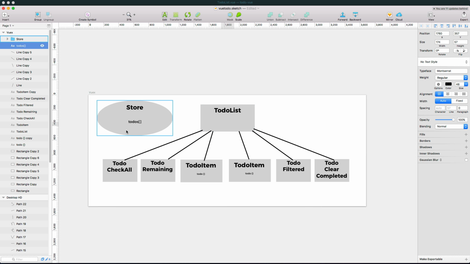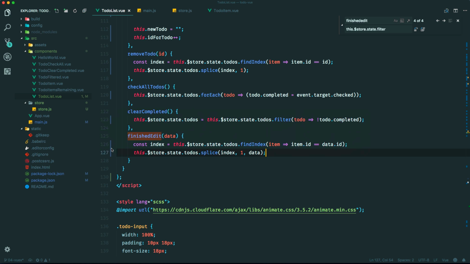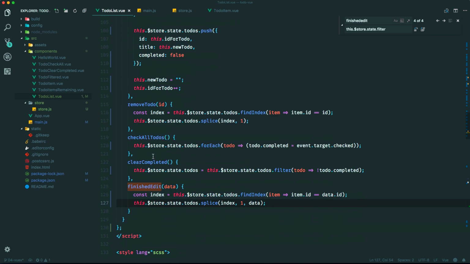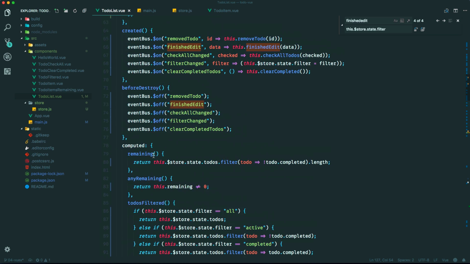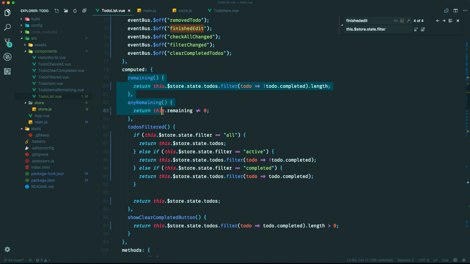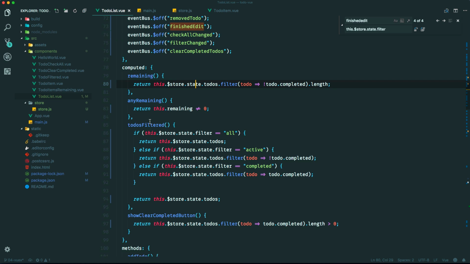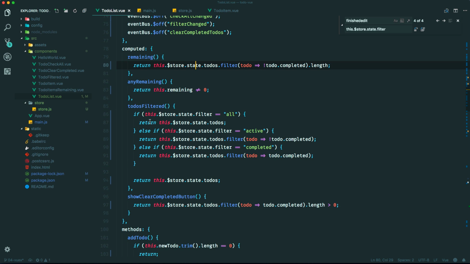Like I said, everything is in our store now, but there are a few rules that we have to follow. Let's start with getters. If you look in our to-do list here, we have a bunch of computed properties that we're using, all of these. And these mainly filter out our to-dos, and we perform some sort of operation on the filtered to-dos. Computed properties now go into the store as getters, and that's how we reference them. So let's grab all of these,